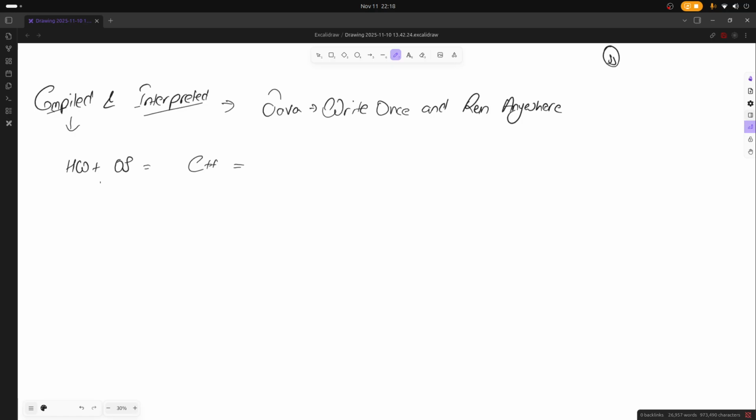I compile it using GCC, which is a C++ compiler, and whatever the machine code that is being spat out by the compiler,